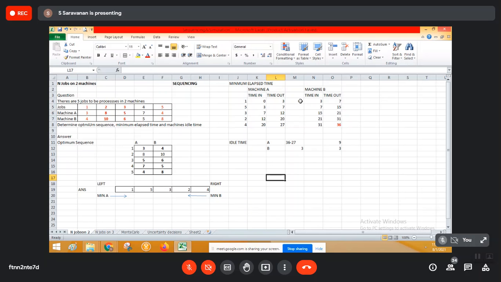So you see, this machine was idle only during the first 3 minutes, right? After that, it has just taken the jobs whenever it is possible to take, because it entered at 3 and completed the activity at 7. It entered at 7 and completed the activity at 15. Like that, whenever there is a possibility, it has completed that activity on time and only during the specific time. I'll come up with one more problem through which you can understand it better.